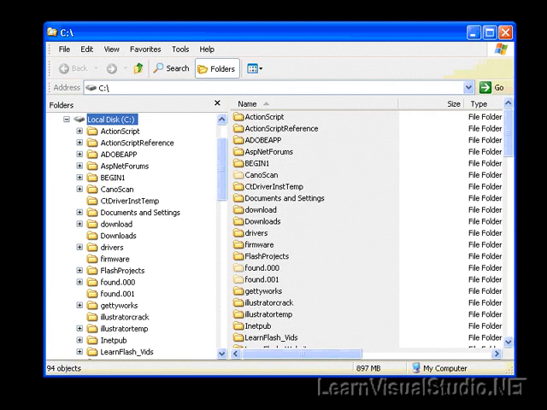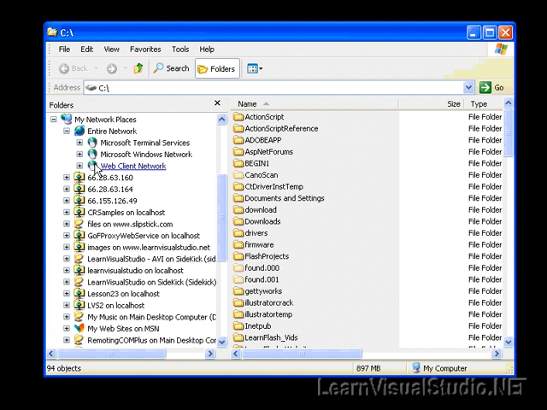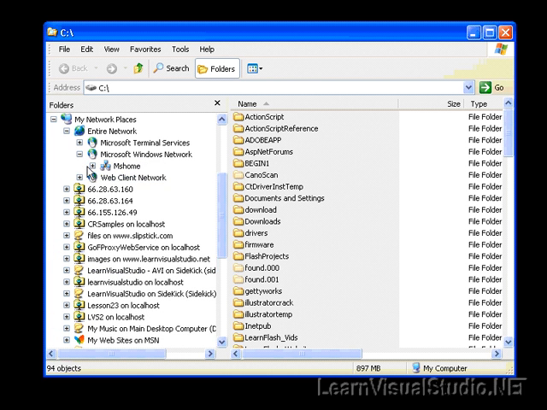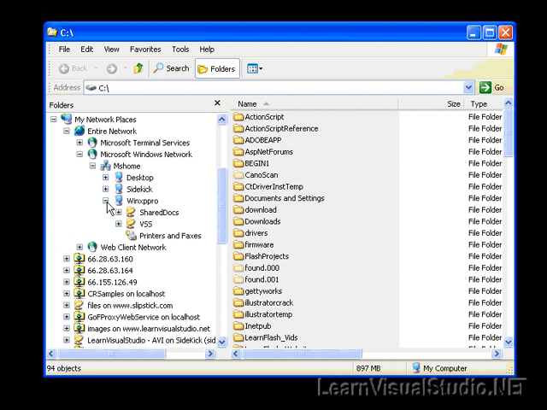Okay, so let's go to a client PC. I need to find my server computer on the network, so I'm going to go to My Network Places, Entire Network, MS home, and this is the computer that contains the VSS folder. And notice that there's a